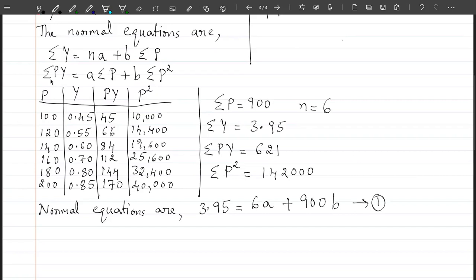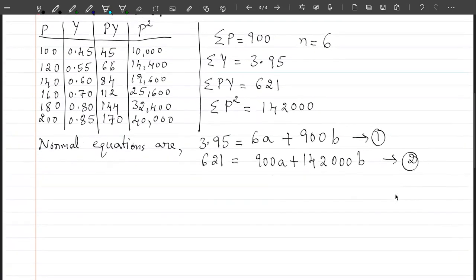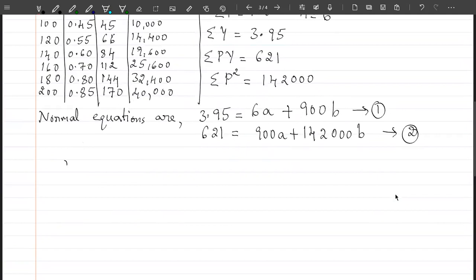The second normal equation is summation PY. Summation PY here is 621. That's equal to A summation P, that is 900 into A, plus B summation P square, that is 142,000 into B. So let this be the second normal equation. Once you solve these two equations, you will get the values of A and B, and the required values of